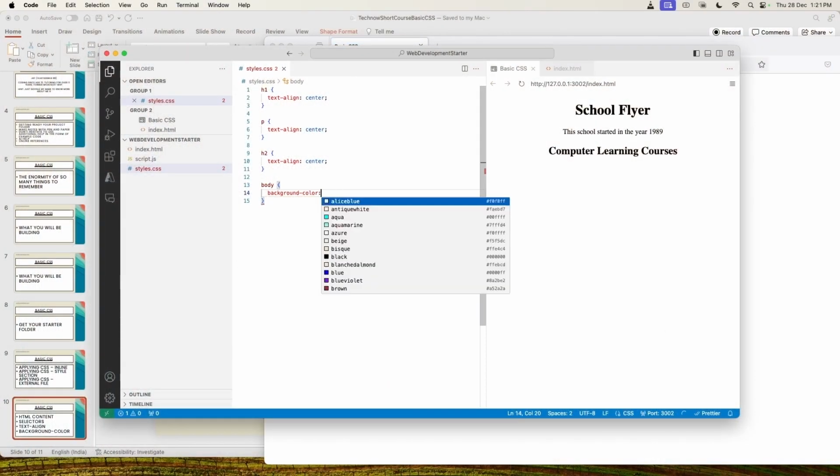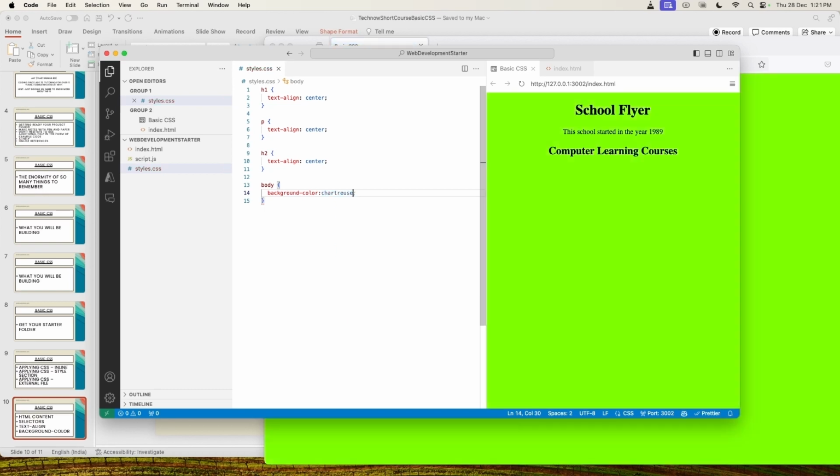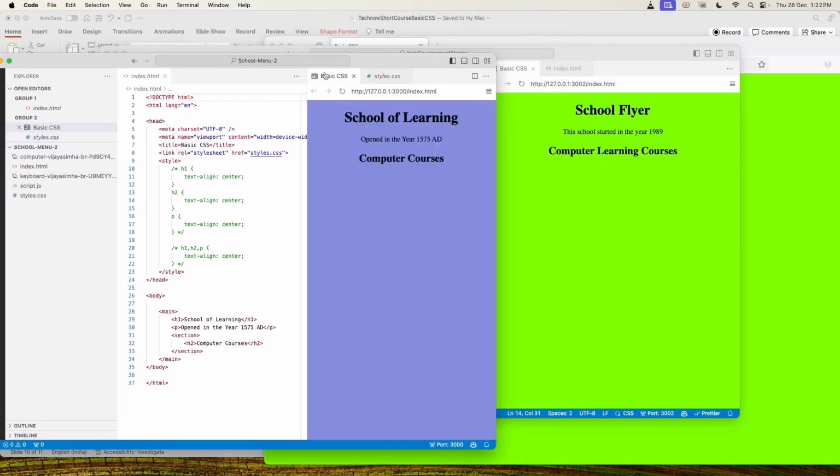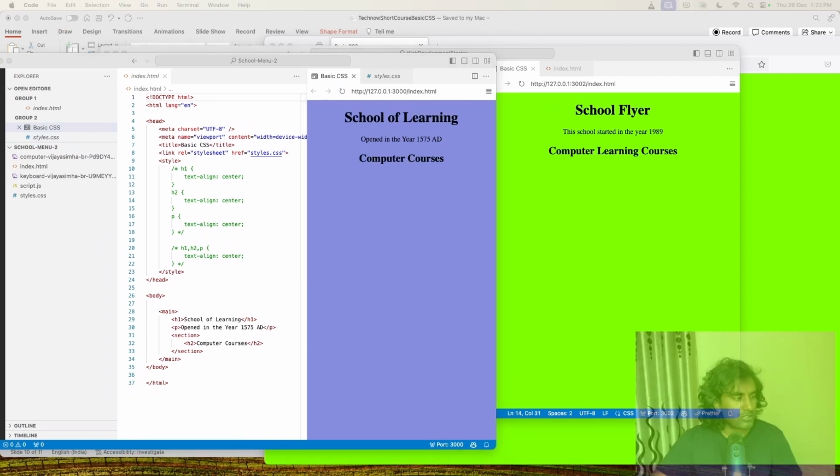Let me try that again. So there you go. Color. I'm going to just say, hold on, something called chartreuse. There you go. Okay, I have a color. I put a semicolon. Semicolon is optional, but I like to put those things to keep my code clean. So there you go, folks. This is what I really wanted. Let me take my example folder here and put them side by side. This is what I wanted. Here it's blue, it's green. Again, I'm experimenting as I am doing these codes. Same thing I expect you to do when you're watching this video.